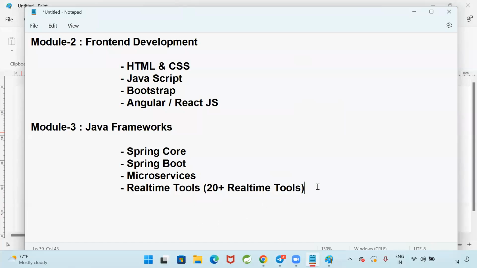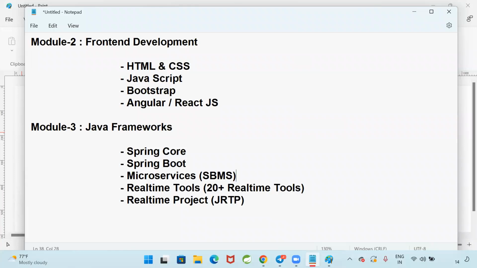Next, after completion of these real-time tools, we are going to develop one end-to-end real-time project. This real-time project, people call it JRTP, Java Real-Time Project. This is Spring Boot microservices; we call it SBMS, Spring Boot microservices, and Java Real-Time Project.